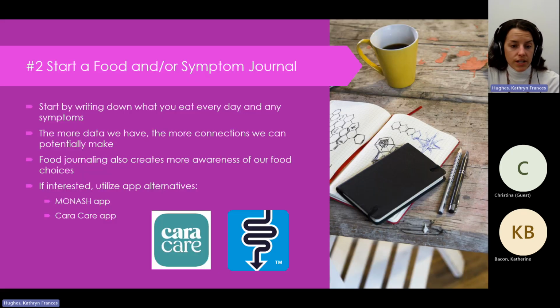But another way to do it, if you've been ruled out for all those other conditions, is to start tracking symptoms and tracking your food. So writing down what you eat every day and any symptoms you're experiencing. The more data that you have, the more connections you can potentially make. And this is really great to bring to a doctor or bring to a dietitian who can see patterns and